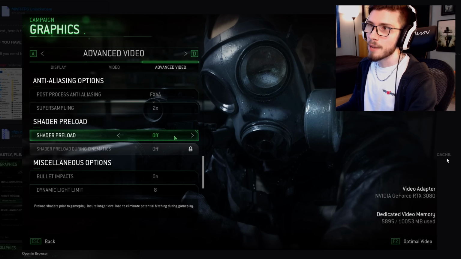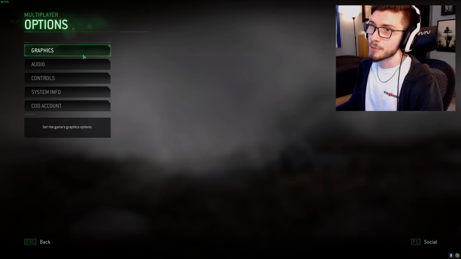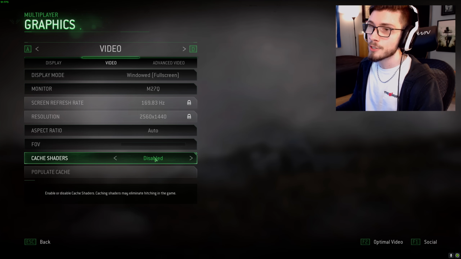The way that you do it for the campaign is click on your options, your settings, click over to the advanced video options, and then disable the shader preload. Over here on the multiplayer side of things, you're going to go to your options, graphics, video, and then turn off your cache shaders. I'll again have a whole tutorial ready to go for H2M when the time comes, but